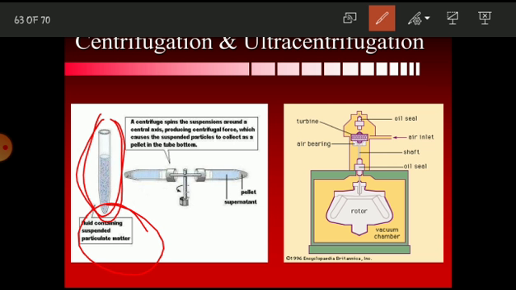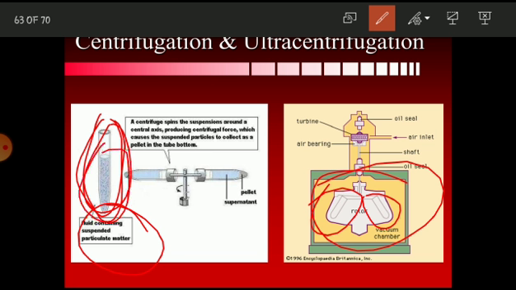The one layer should be a pellet and another should be a supernatant. So how can you do this? See, if the test tube contains the suspended solution, then we have the rotor here, or you can say a centrifugation machine, where we can suspend these test tubes and rotate them for 1 or 2 minutes. After rotation, what will happen? Whatever solid particles are there in this tube, those particles will settle